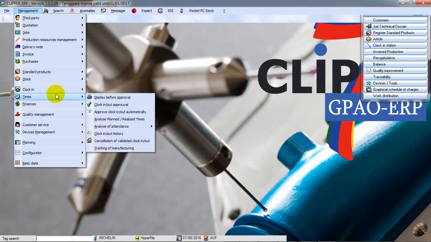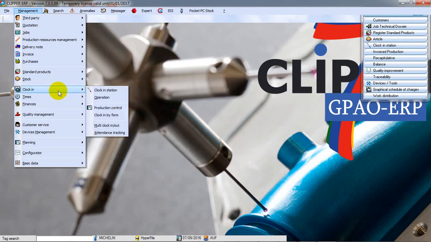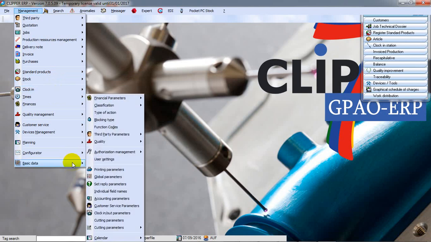So we have, after entering this, the times for the